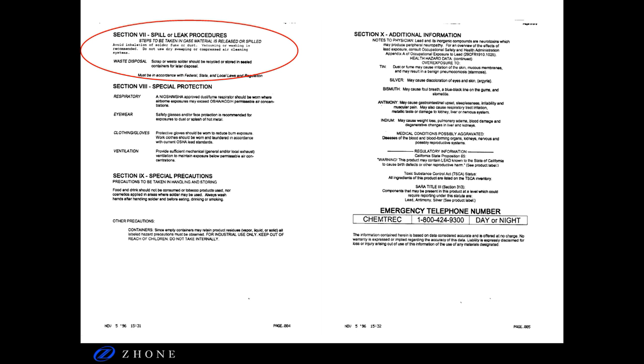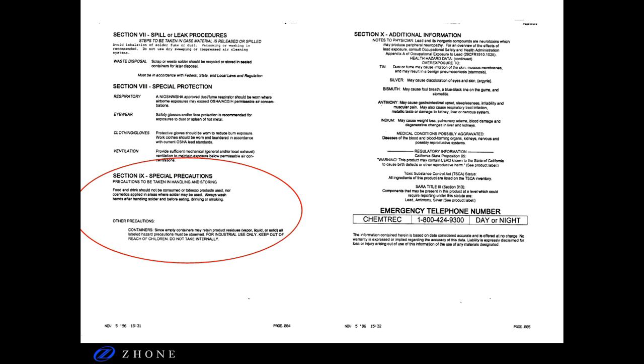Section 7 of the MSDS contains information needed in case of spills or leaks. Special protection needs are outlined in Section 8 of the MSDS. In Section 9 of the MSDS, any special precautions dealing with handling and storage of the material are listed.